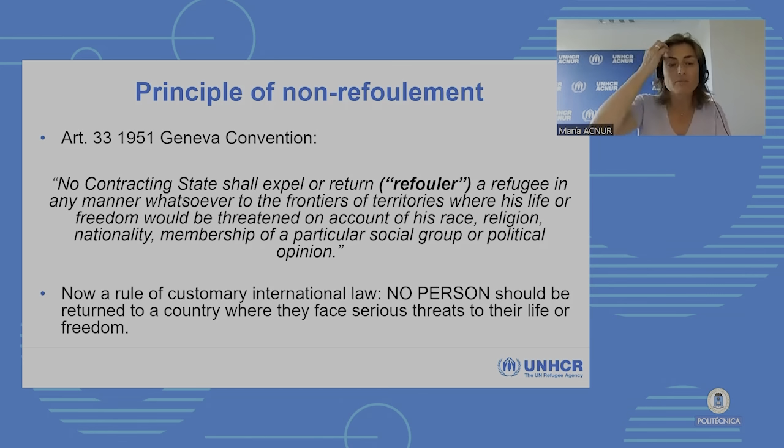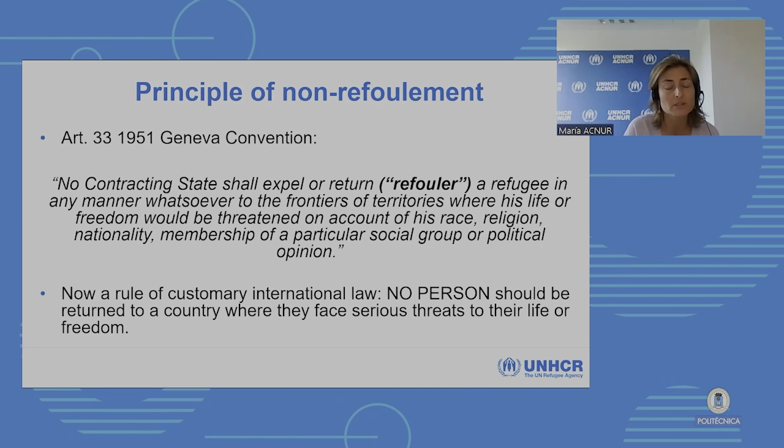This is very important because it does not only protect a refugee once the person is recognized as a refugee. If you are recognized as a refugee, you will obtain documentation to legally reside in the country where you have been granted protection, and you will be provided with a passport, what is called the Geneva Convention passport, or the blue passport, which allows you to travel all around the world, but not to your country of origin, because in your country you are persecuted. So that's how important this principle is.